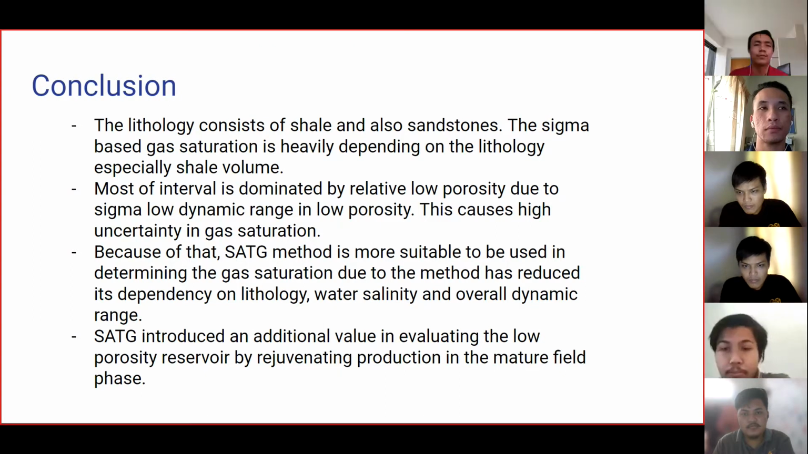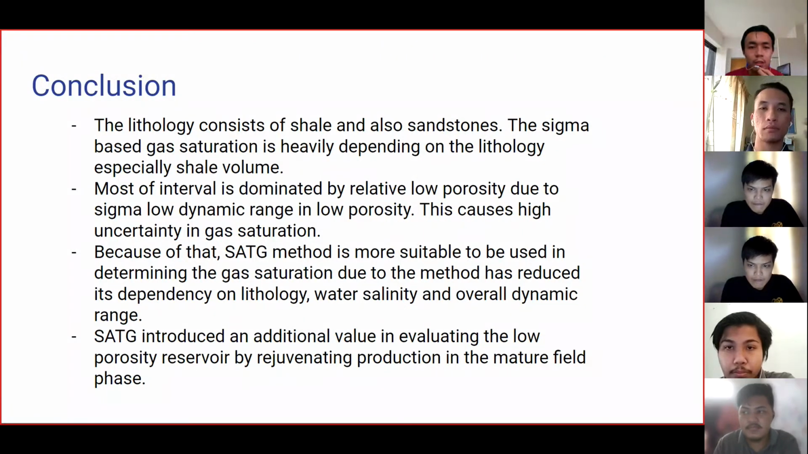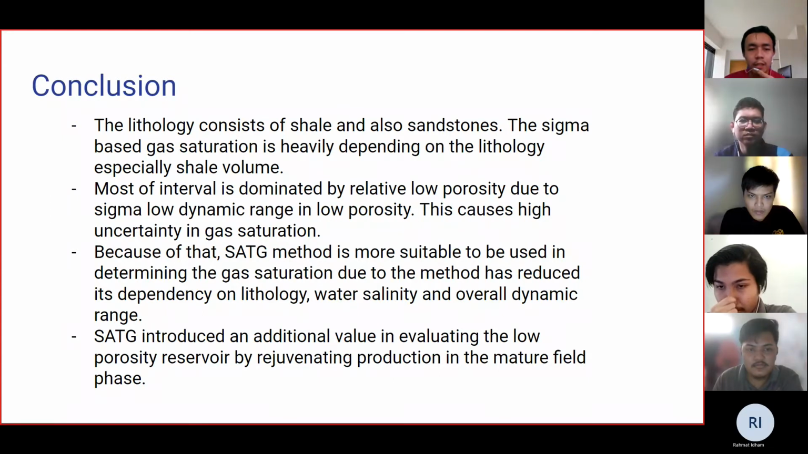So, in sandstone, the sigma based gas saturation depends on the lithology, especially shale volume. Most of the interval is dominated by relatively low porosity, and due to sigma's low dynamic range in low porosity, this causes high uncertainty in the gas saturation calculated. Because of that,